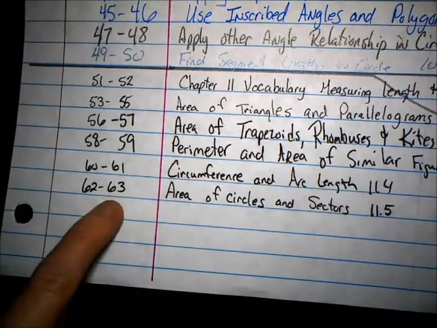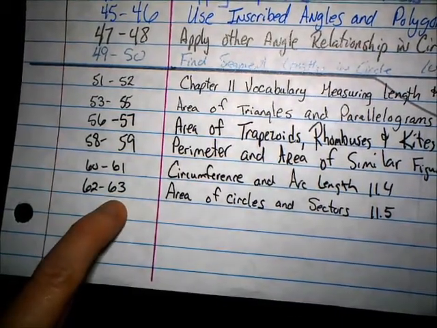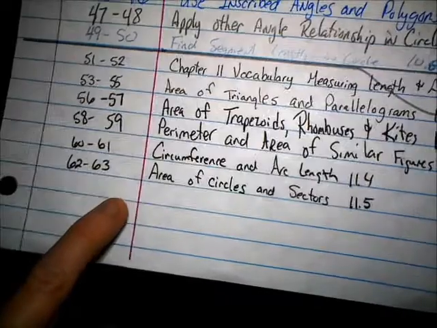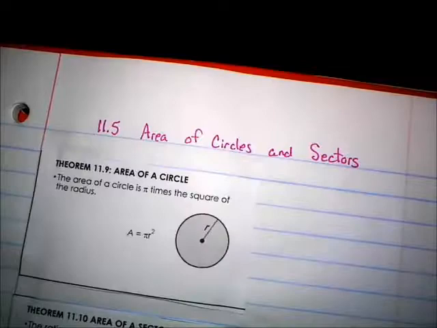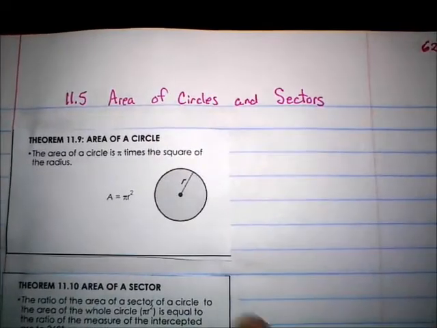It should be page 62 and 63. Okay. Title, area of circles and sectors. Okay. Then